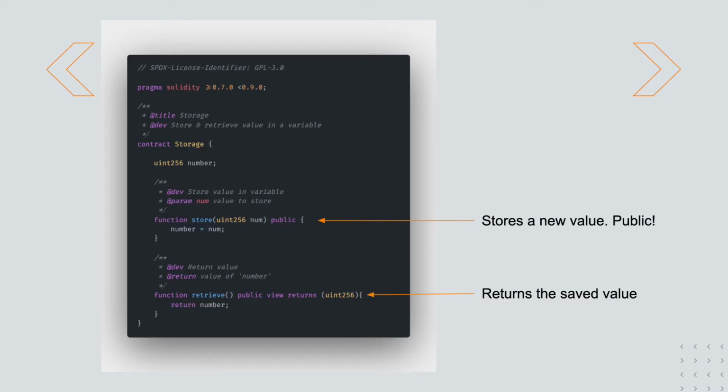So this is a very small demo contract. There are only two methods here. Anyone can use this to store a number and get that number. Once this is deployed to the network, anyone in the world can call the store value against any node, which will change the value stored in the blockchain. Then anyone else in the world can call the retrieve function, this one, and get the number that is currently stored. The value is stored in the blockchain itself, and the contract is executed and validated by the network.